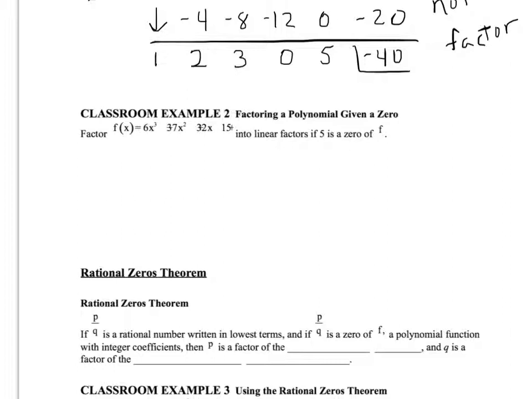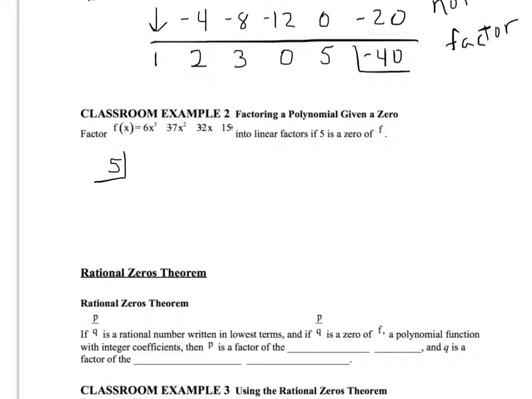It's going to be something x to the third for your first term. And after you use the 0 I give you, you should be able to factor the rest of it using any of the factoring skills we learned back in Chapter 1. So, if I tell you that 5 is a 0 of this function, that means we will not change the sign. We're using 5 because it is the 0, and we need to use synthetic division